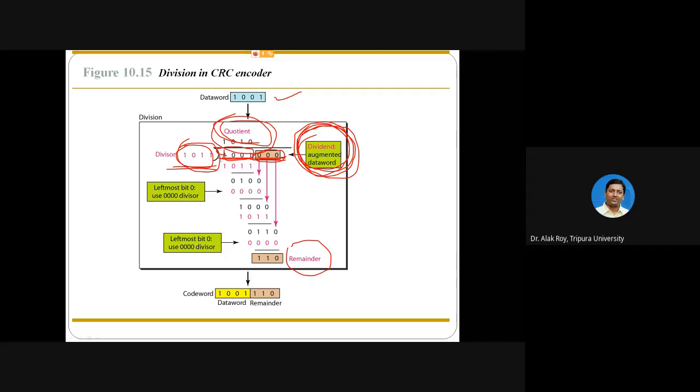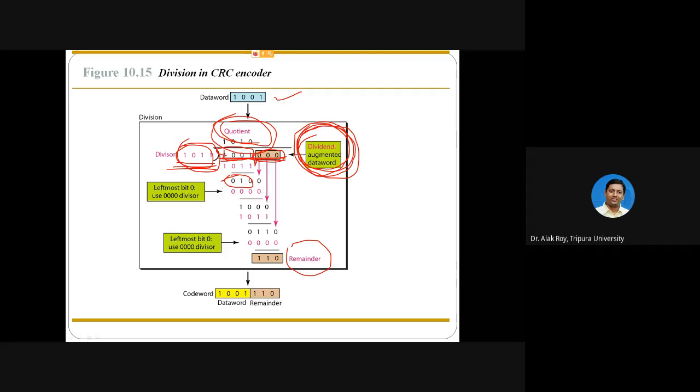First, 1001 will be divided by 1011, so you will get 010. How to get this 010? Use the XOR operation. Between 1 and 1 it is 0. Between 0 and 1 it is 1. Between 0 and 0 it is 0. So you have a remainder 010.